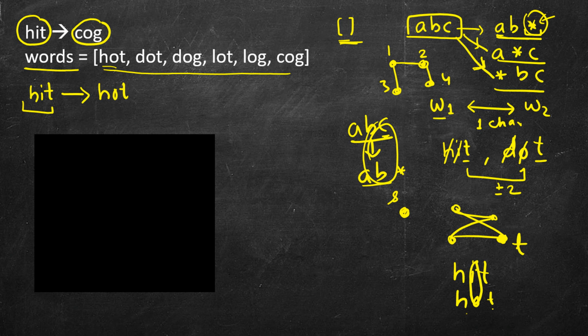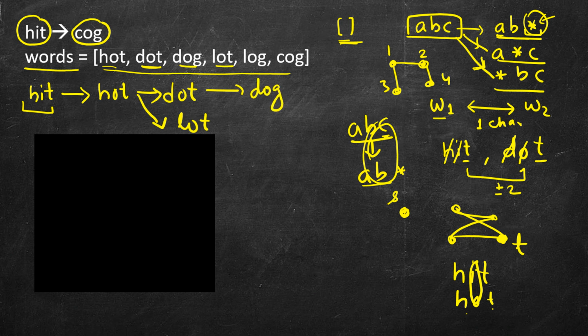No other word. From hot we can go to dot is one, because there is just one character change, and lot is another one. So you see a graph is forming, lot, and any other? No. From dot we can go to dog,